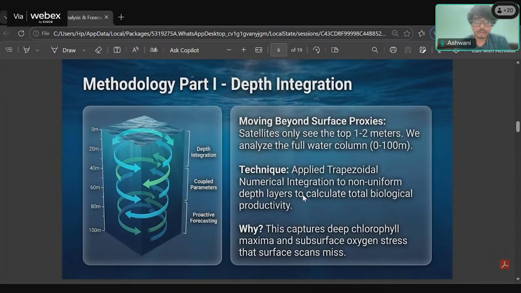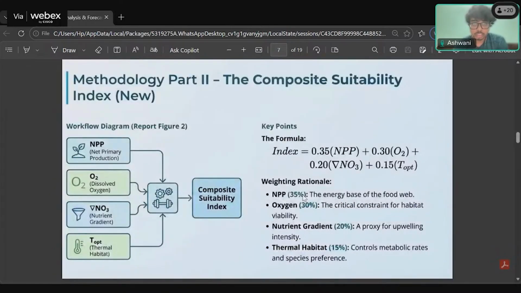The five parameters that we are going to be using: first is NPP, net primary production. It's the bottom of the food chain of the marine life, which is most important for fisheries. Second, O2, which supports the life of fisheries in these regions, and then there is another gradient, which is responsible for the nutrients available in the region and how it will be changing in future. And then the fourth one is temperature, and we have combined all of this to get a